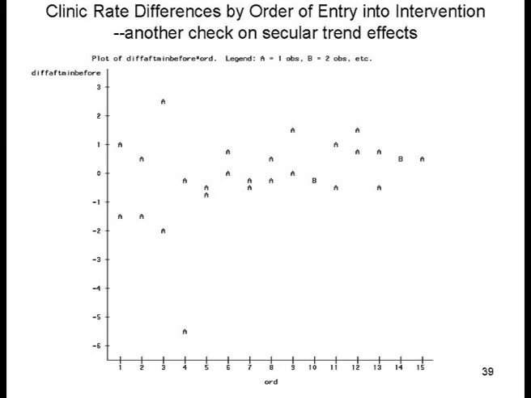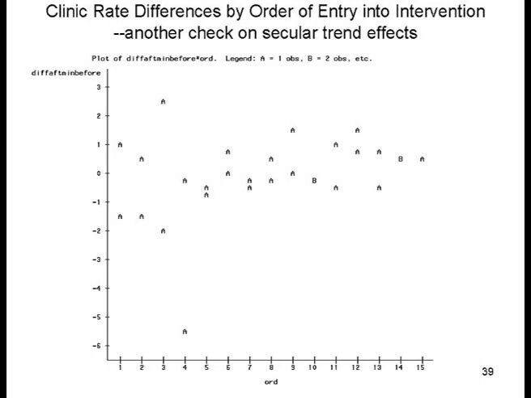But we didn't see anything particularly that bothered us. There is an outlier. This is one small clinic that had 2 TB cases. It was a very small clinic, and so it's an outlier in all of our plots. But you just want to see if anything funny is going on over time again. Just a sort of diagnostic plot.